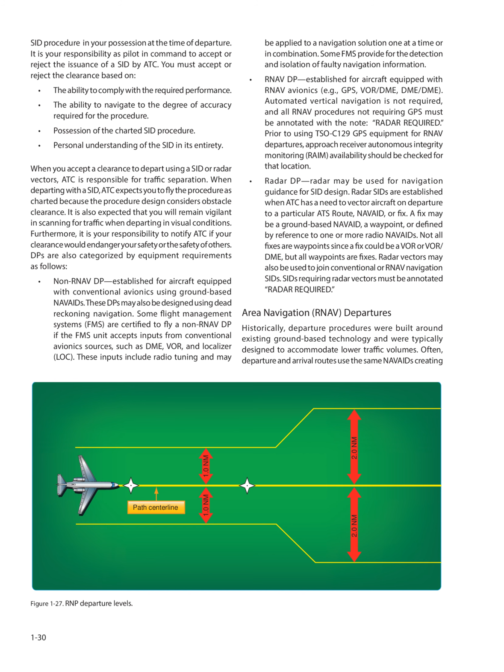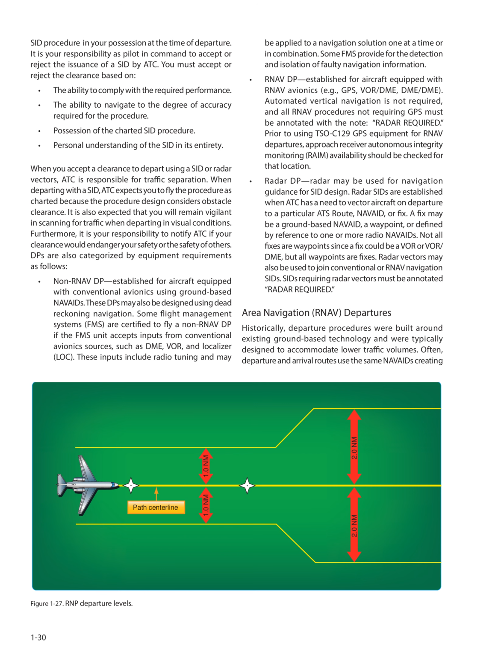Radar DP: radar may be used for navigation guidance for SID design. Radar SIDs are established when ATC has a need to vector aircraft on departure to a particular ATS route, navaid, or fix. A fix may be a ground-based navaid, a waypoint, or defined by reference to one or more radio navaids. Not all fixes are waypoints since a fix could be a VOR or VOR/DME, but all waypoints are fixes. Radar vectors may also be used to join conventional or RNAV navigation SIDs. SIDs requiring radar vectors must be